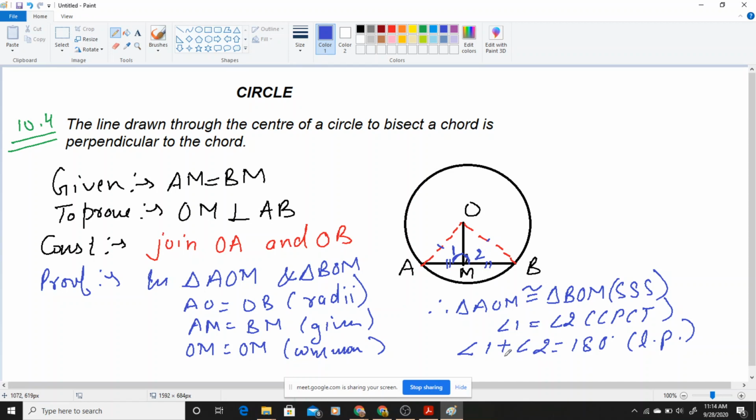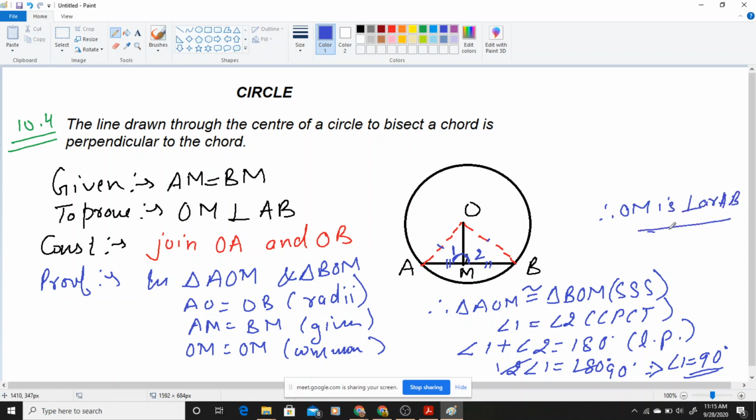So in place of 2, if I put angle 1, that means 2 times angle 1 will be equal to 180. Okay, 2 times. Why 2 times? Because 1 and 2 are equal. So that's why I am taking 2 times angle 1. So 2 into 90 is 180, so it will be angle 1 equal to 90 degrees. Angle 1 हमारा कितना आ गया है? 90. Now if angle 1 is 90, देखो इसका मतलब क्या हुआ? That means OM is perpendicular over AB. So therefore you can write OM is perpendicular to AB.